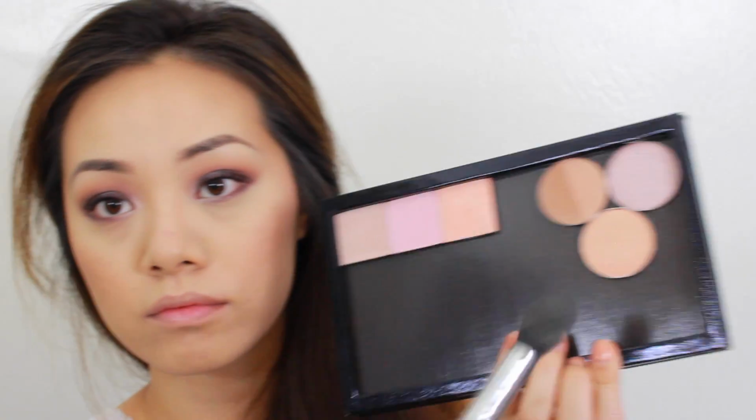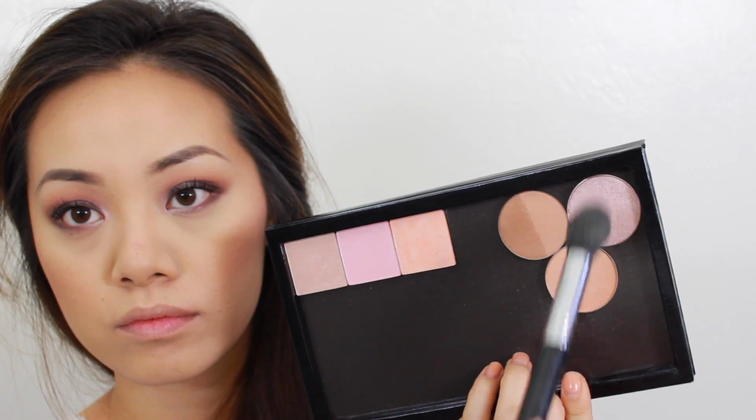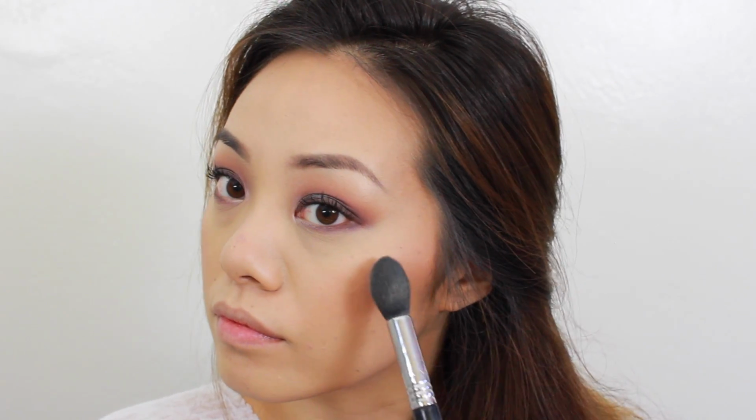Then I'm going to be taking a pink toned blush and placing this onto my cheeks. This one is the Bamba Boxed Blush by Benefit. Wow, that's a lot of B's. And then once you're done with that, I'm just taking the two highlighters from OFRA Cosmetics. This is You Do You and You Glow Girl, I think. It's the one that the Dupe That girls created with OFRA Cosmetics,